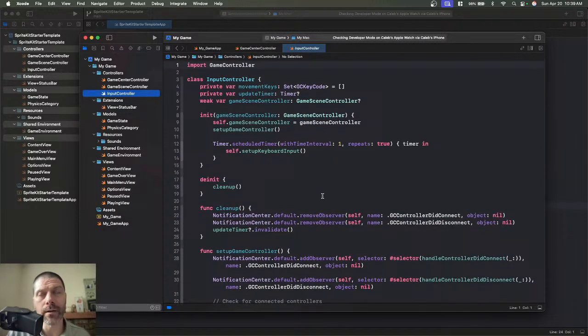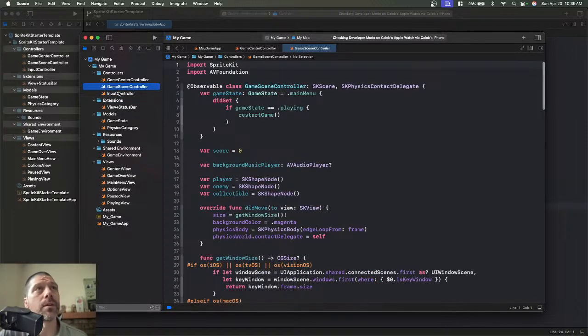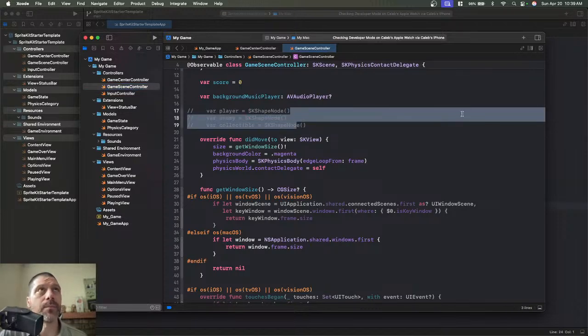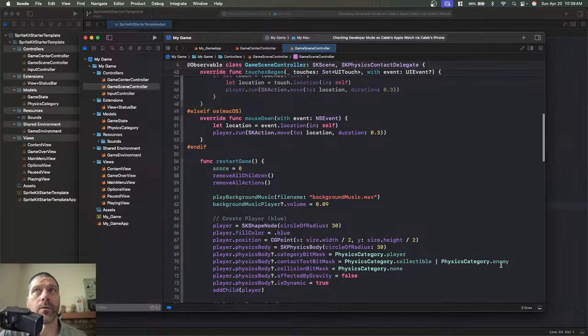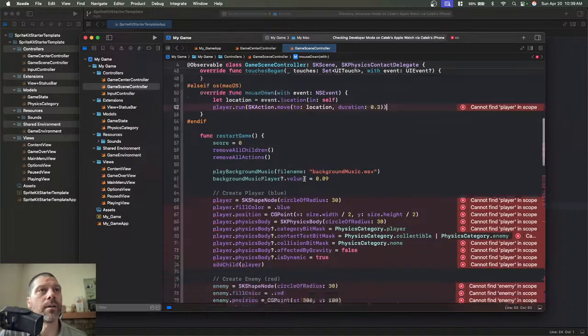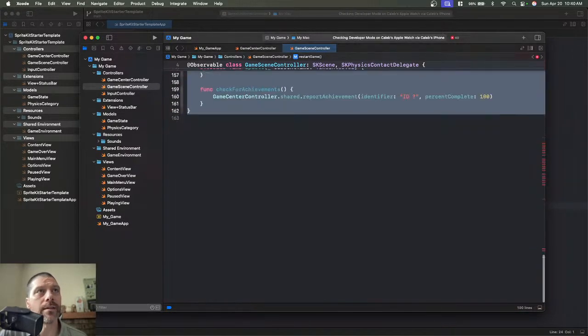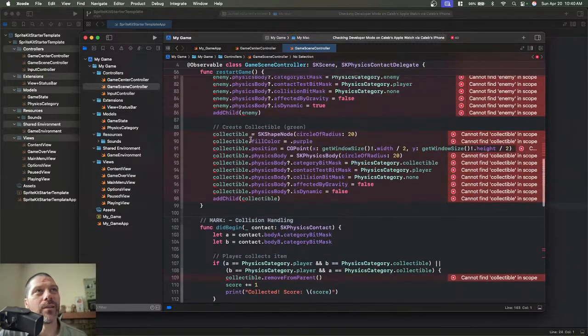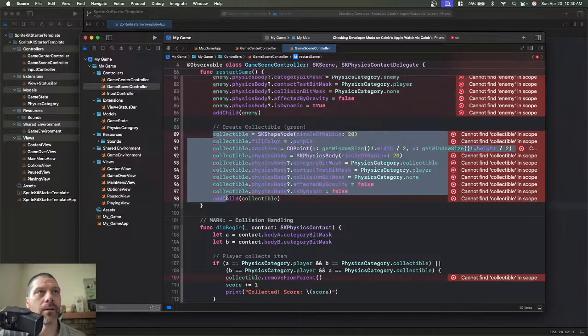but I need to work on it, implement it a little bit better, and get it integrated, because right now if we go to the game scene controller, what I would do here is just comment these out, and wait for it. If I go command, there we go. And then you can go through and find all these little things, and you just delete all this, not all that, and then you start implementing your own code. Or maybe you're like, oh, actually this is not bad, I'll just select this and